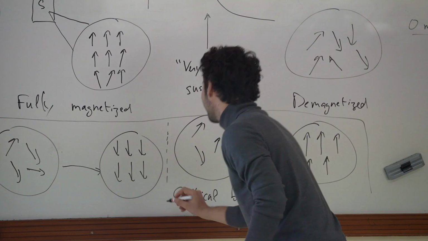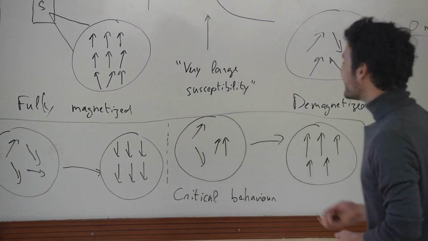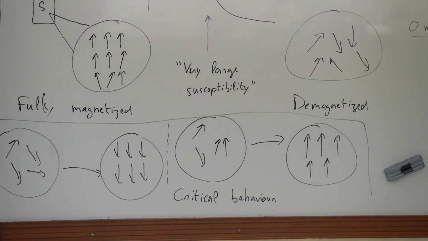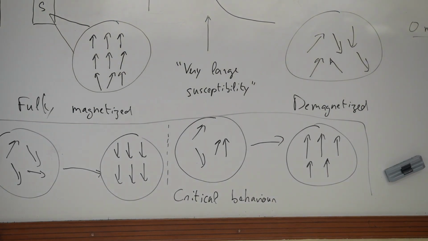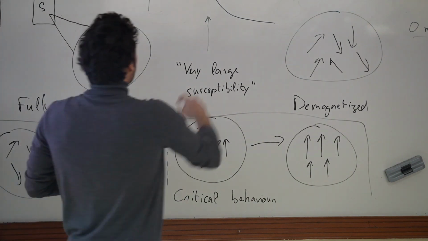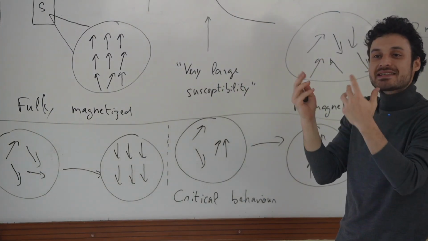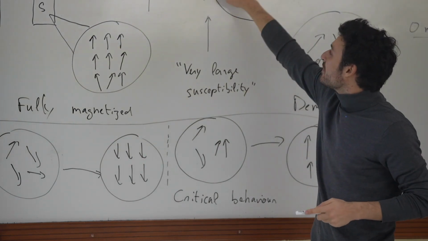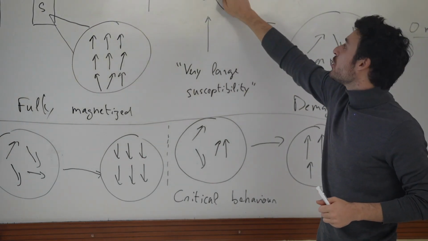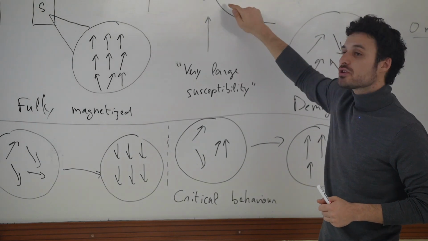If any of you have ever done some ancient Greek, critical is from the Greek krinein, which means to choose. It means a fork in the road, basically. And this is why it's a critical point, because once you reach this very specific point, your system is going to be extremely sensitive to any kind of outside influence, because precisely at this point, it doesn't know whether it should go on this branch or whether it should go on this branch.